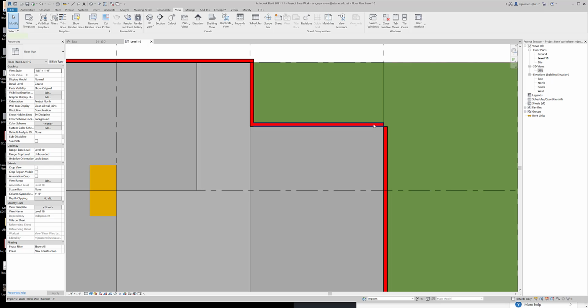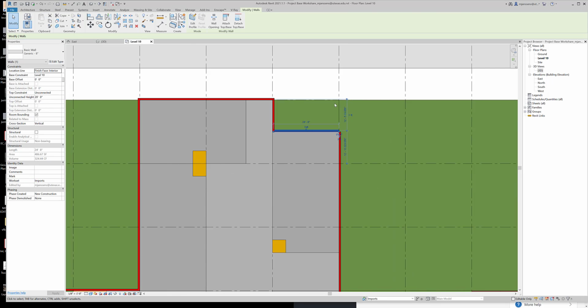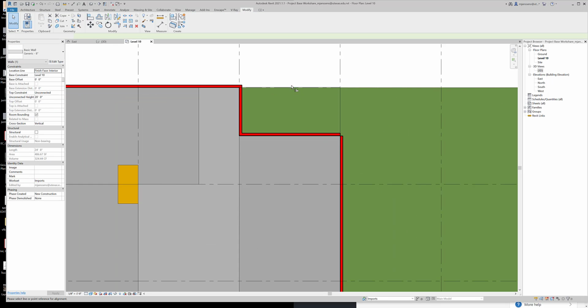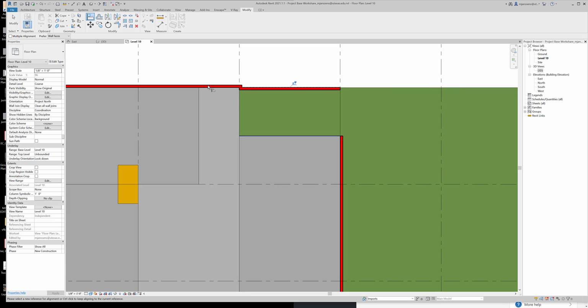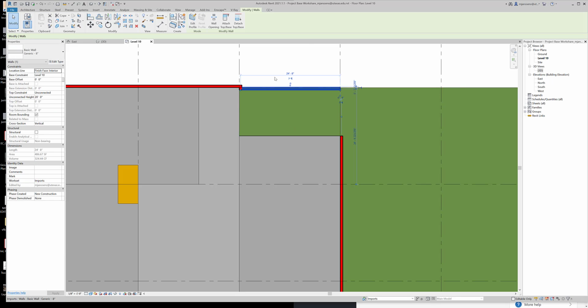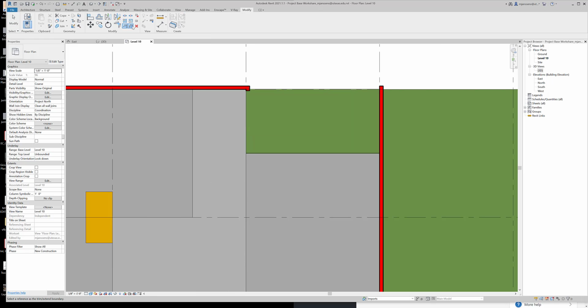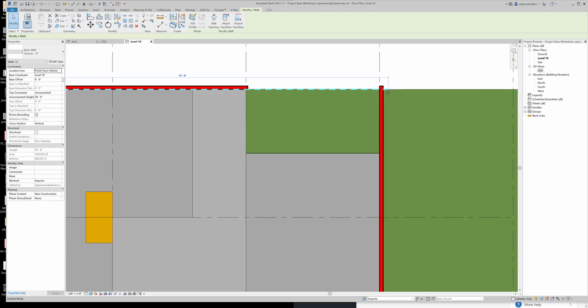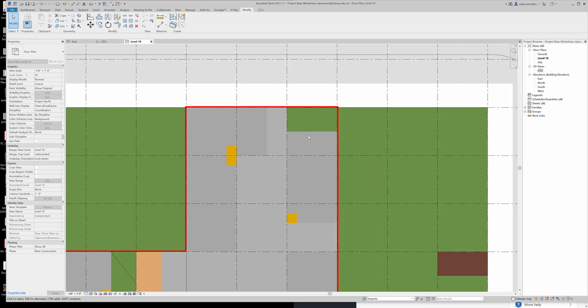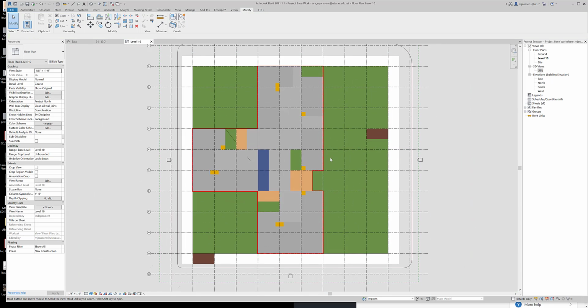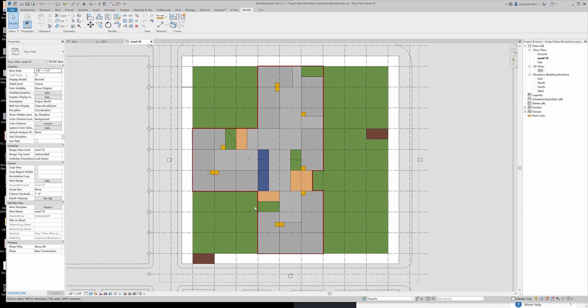Let's just drag this out. Actually, I think this is a fire stair, so I need to align this. You do whole walls as well, but you can also delete it. And then you can use trim extend single element, or you can trim extend multiple elements. You can use a variety of tools here. Dragging, etc. So now that I know the outline of my building,